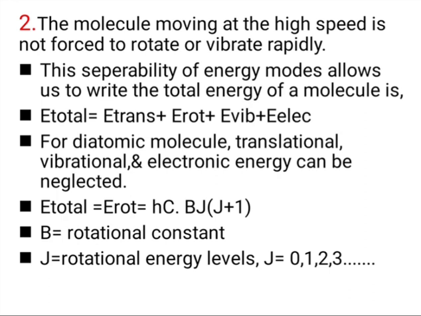As we know, the definition of the energy is E equal to h nu or hc nu bar. So nu bar is a wave number and the rotational wave number is equal to this, B J(J+1). Here h is Planck's constant, c is the velocity of light, B is the rotational constant and J is the rotational energy level number. That number will be 0, 1, 2 and 3. So this is the rotational energy, hcB J(J+1).